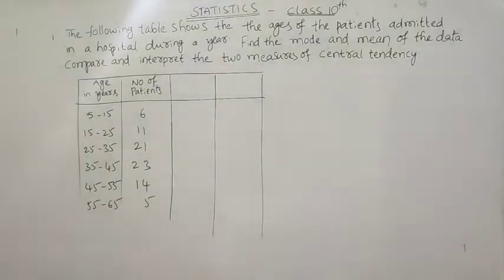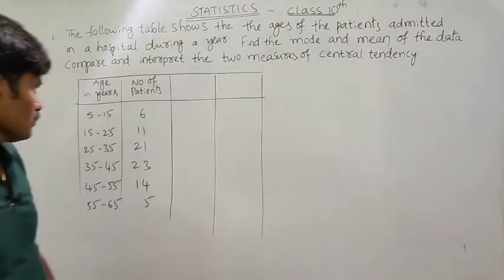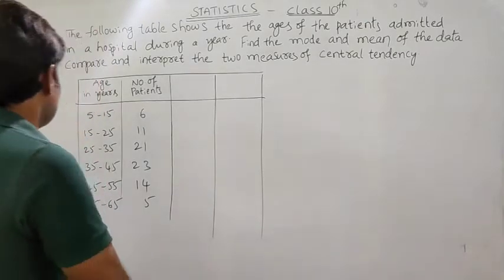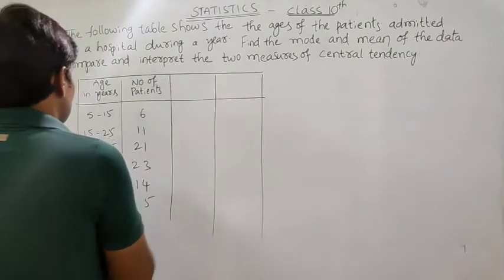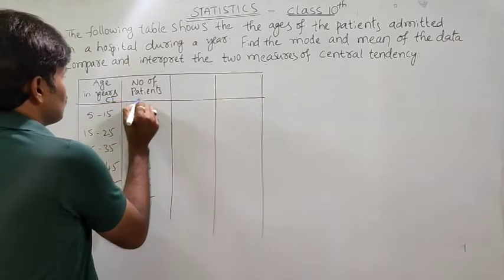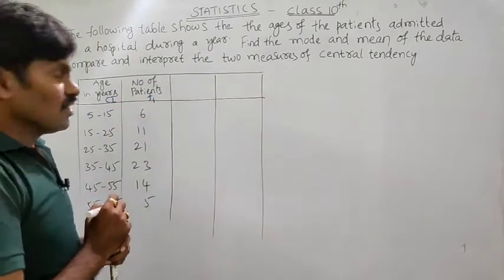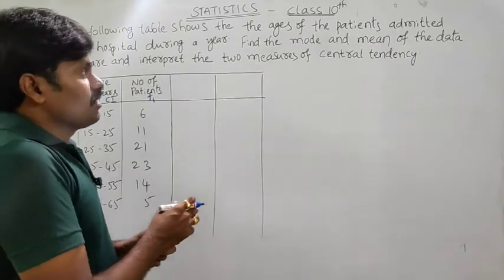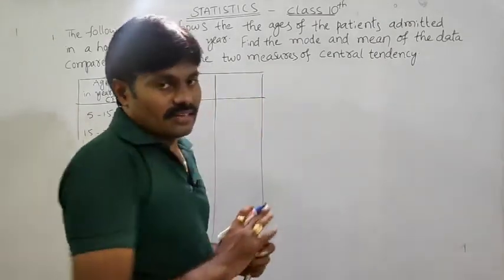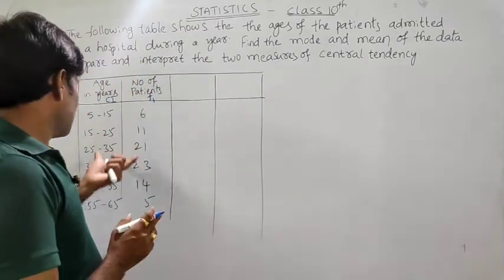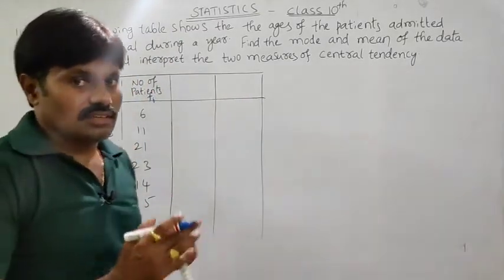Okay, this is about the question, the given information. Age in years is what we call the class interval. Number of patients means frequency, f. Now what is required? Mode and mean. So to find the mean, we take the